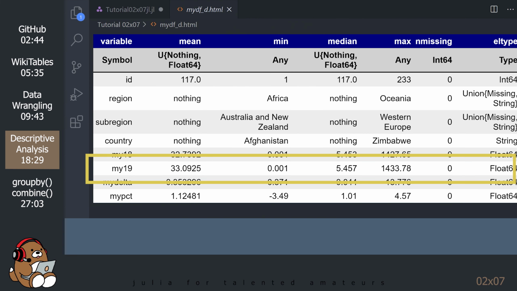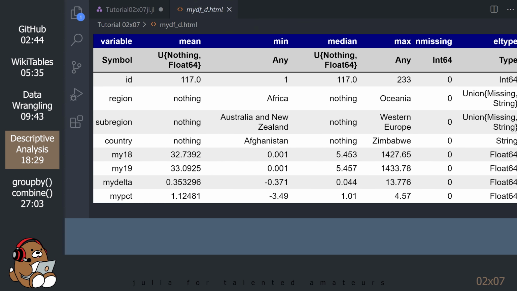Looking at the 2019 population row, we can see that the average population by country is around 33 million people. However, the median is only 5.5 million people, in a range from roughly 1,000 people to 1.4 billion people. Clearly, there are a few large countries that are throwing off the average.